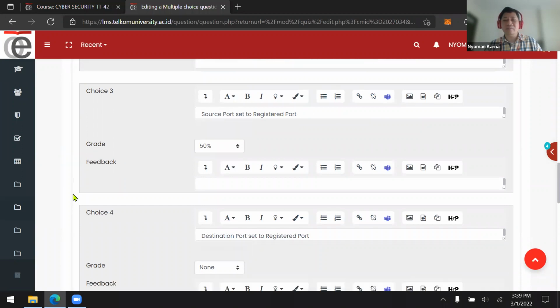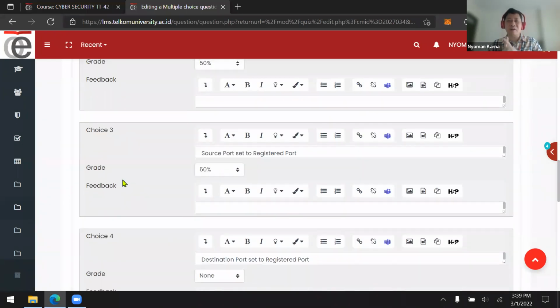Remember, we have three types of port. The first is the well-known port, from port number 0 to 1023. Then we have the registered port, from 1024 up to 49,151. And the rest is the private or dynamic port.